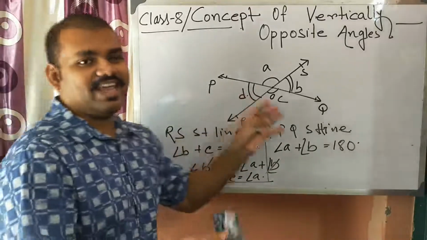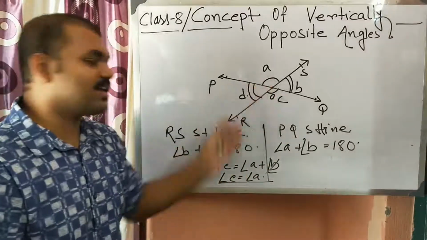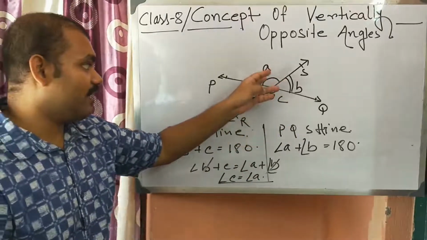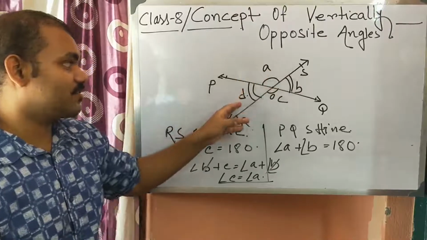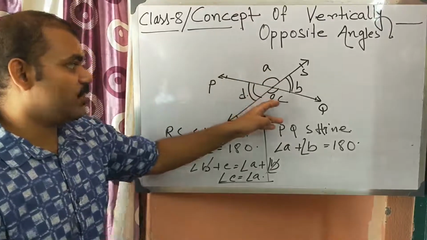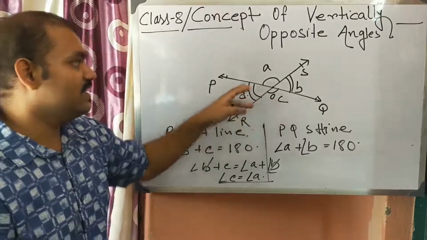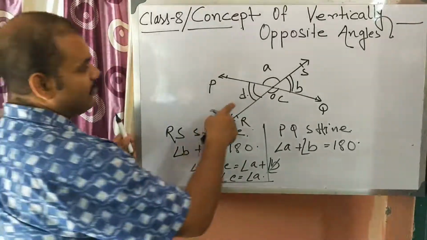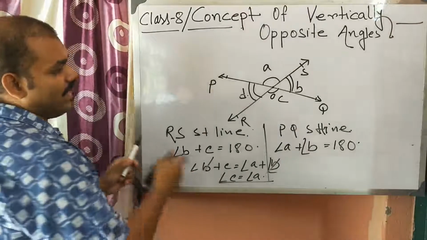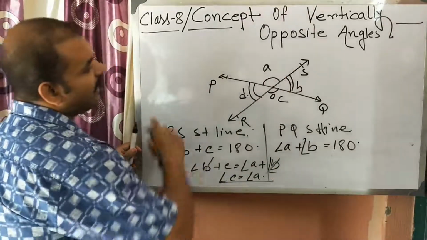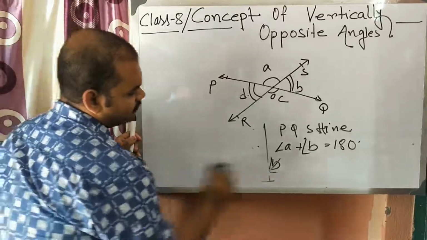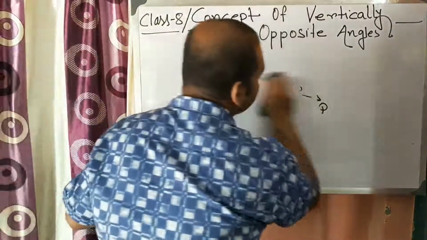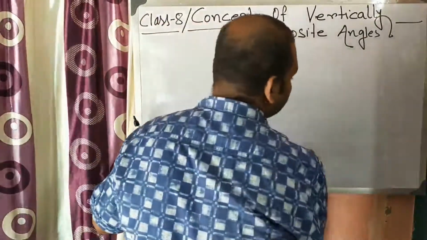So you can take any two angles, or you can prove this conversely also. By putting the values of A and D, that is A plus D is equal to 180 and D plus C is equal to 180, so A plus D is equal to D plus C. D cancels out, so A is equal to C. For D and B we have proved by two ways, and for A and C we have proved by one way; another way you will do. So this is very simple to prove that vertically opposite angles are equal.